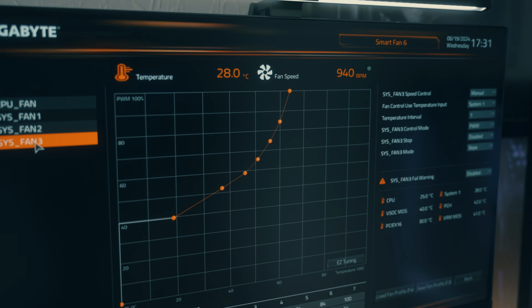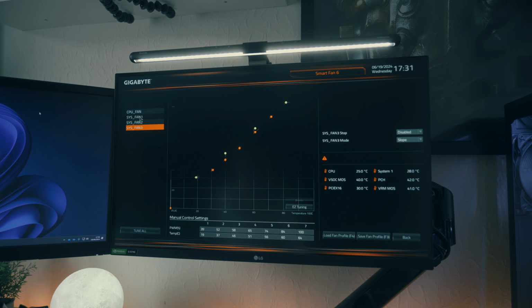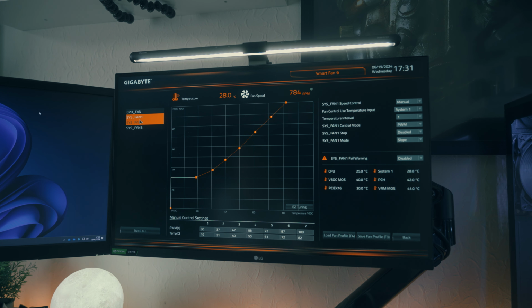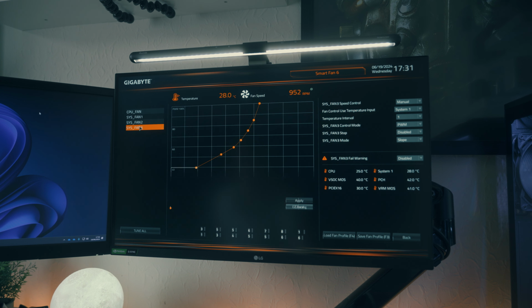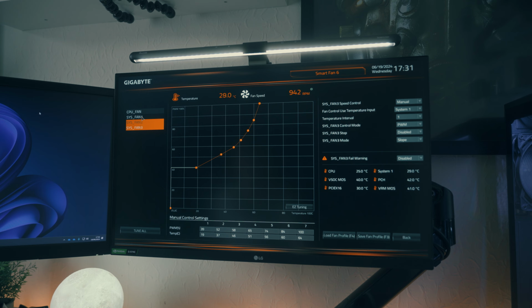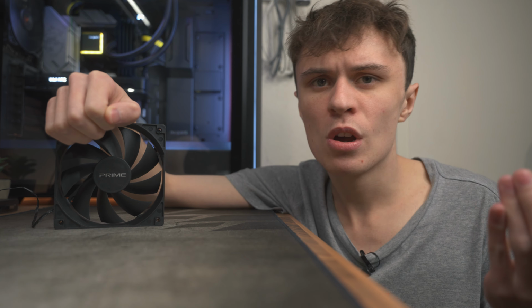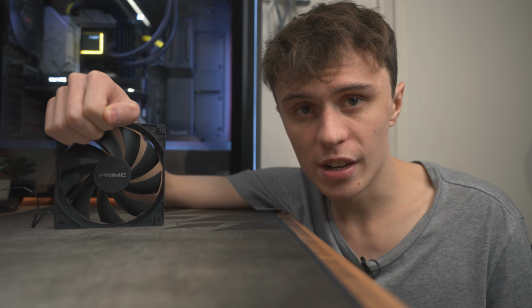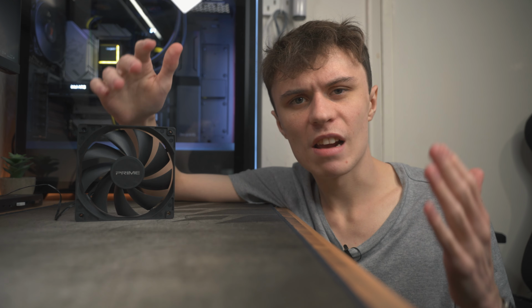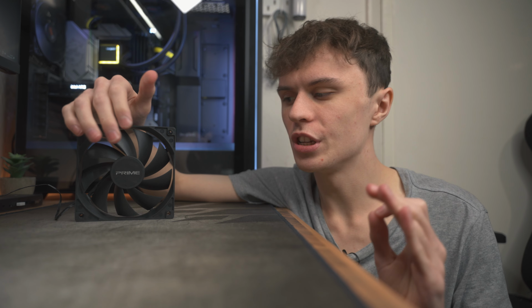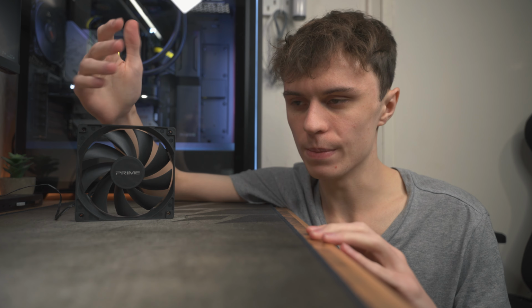One tip I do recommend though is slightly changing the RPM per fan. What this will do is make your PC much quieter, as if all of your fans are at the exact same RPM, this will intensify the sound and it will make your PC basically sound like a jet fighter. So that's why this tip isn't necessarily essential, but it's certainly nice to do, as a quiet PC is